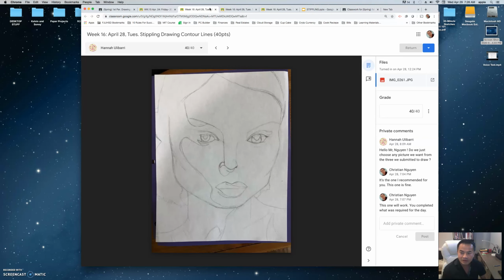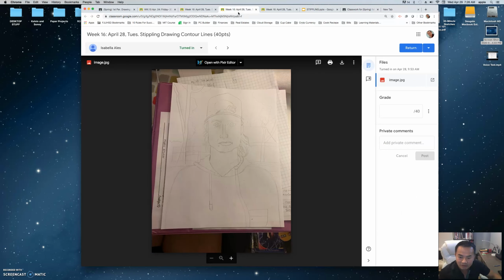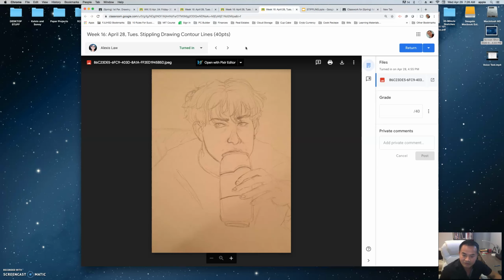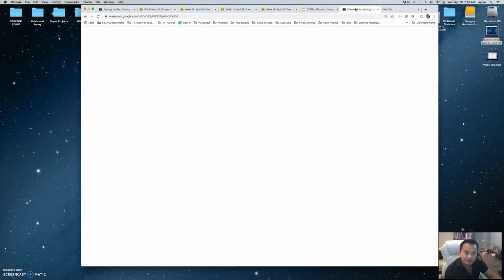Here's a picture that was done by Hannah. Here's another one that was done by Bella. And here's a third one that was done by Alexis. So anyhow, that's all you were supposed to do yesterday, just to draw your contour lines using a number 2 pencil. Okay, so by the end of the day today, you need to go under the Google